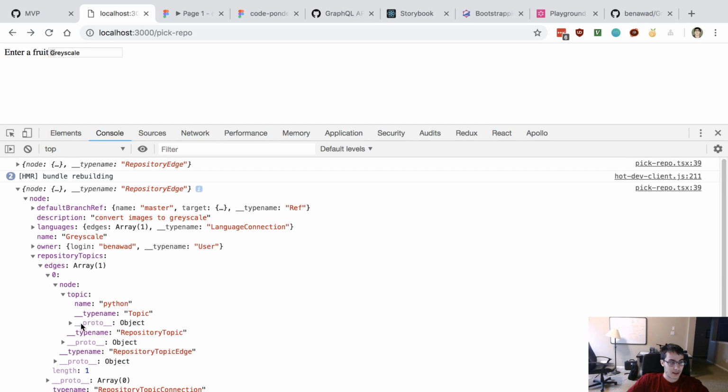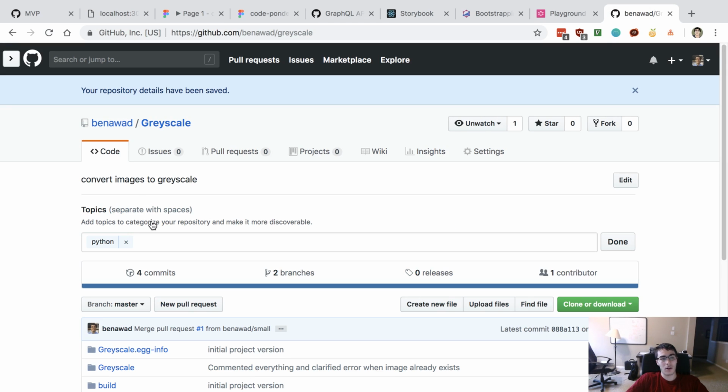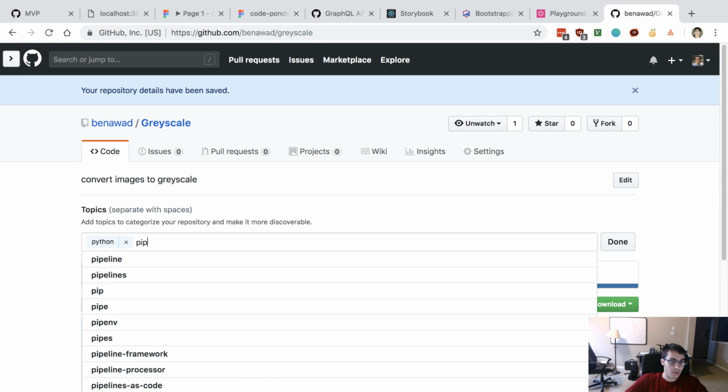Dang, it's so deeply nested there. So what happens if I have two topics actually? Python, and I bet we used pip in this.